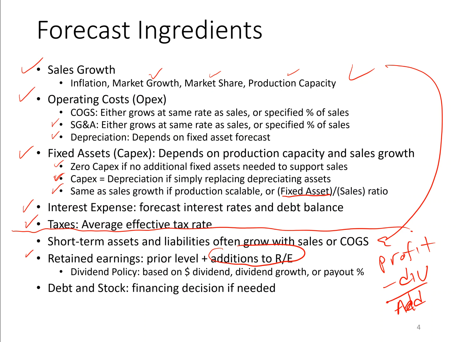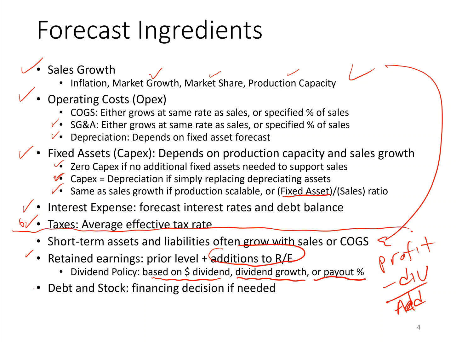So what you need to do is first forecast profit up here and then decide what your dividend policy is. Maybe you just pay a fixed dividend: I'm going to pay a $1 million dividend per period, and I'm going to keep that constant. Or you can say I'm going to grow my dividend, so whatever it was last year, I'm going to grow it at some percent. Or you can have a constant payout ratio or payout percent. So for example, I always pay out 30% of my profits as a dividend,